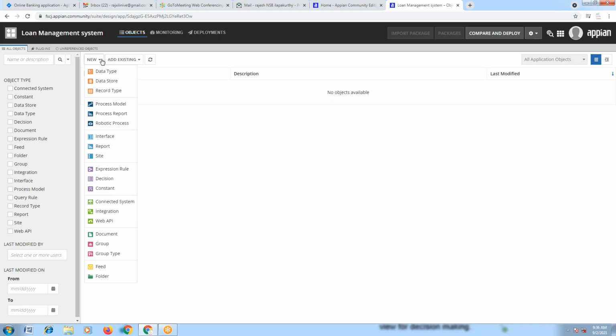Whatever creation we want to do, we want to create new. So a new data type we have to create, a new data store, a new data record type has to be created. Process models have to be created on our own. Expression rules have to be developed by us. We have to create our own expression rules, because these expression rules connect to the business rules that an organization has. For example, if you take this loan management system,